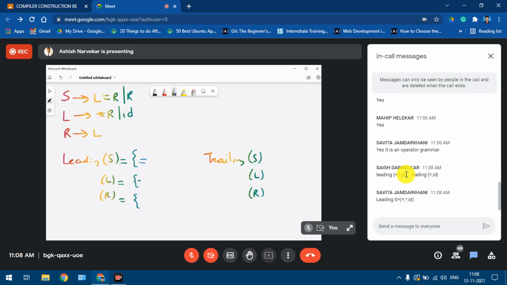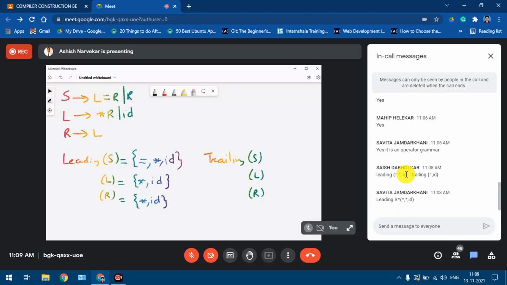Leading of L is star and ID. That's it, I believe. So from this, it will be star and ID again here, and since leading of S is equal to leading of R, it will be this.